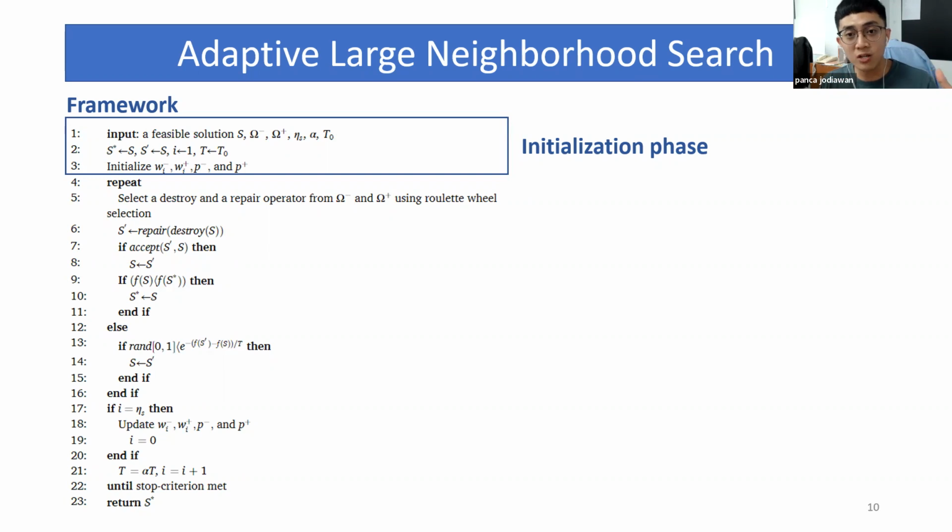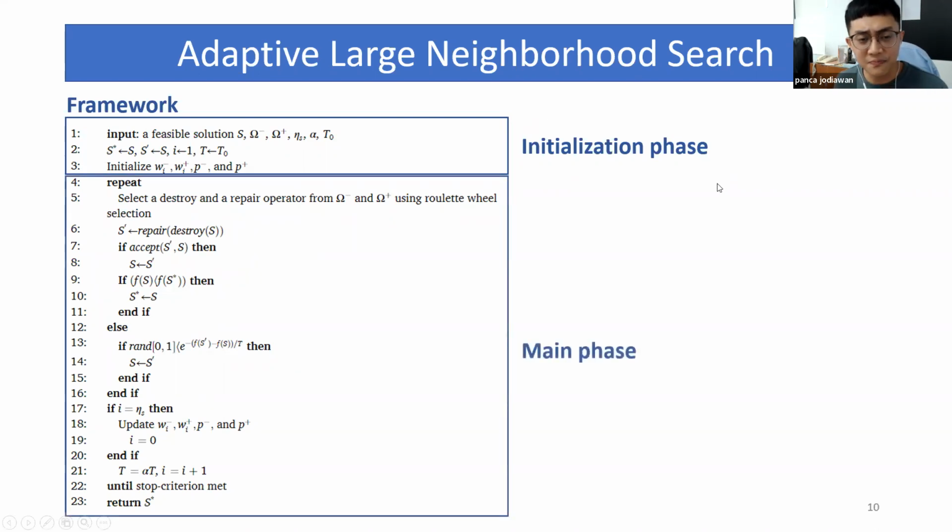The solution means the set of the routes, okay? The routes that you have seen in the beginning in the CVRP, we call it a solution. So we initialize a solution, and we initialize the parameters required by the adaptive large neighborhood search. You do not need to know the parameter list first, but here what you need to know is we start with an initialization phase. Then the remaining part is the main phase of the adaptive large neighborhood search.